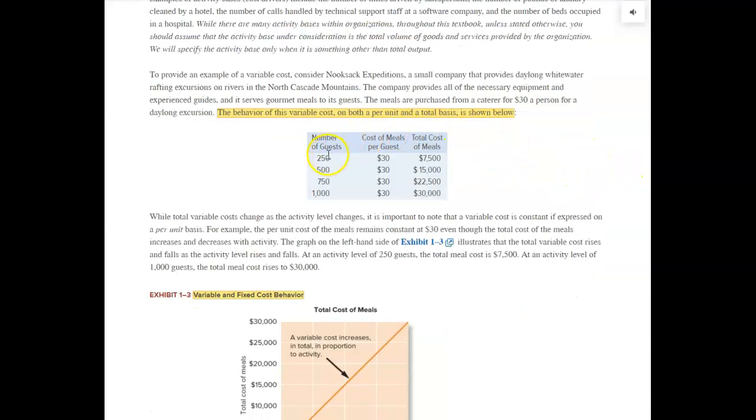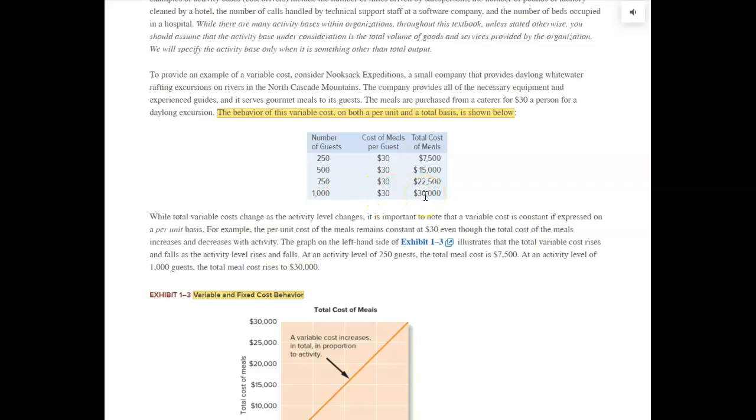Now, here's an example here. We have cost of meals per guest. We have an expedition company, and they provide gourmet meals to its guests. So if they have 250 guests, and the meal cost is $30 per guest, multiply, and total meal cost will be $7,500. If you have, let's say, 1,000 guests at $30 per meal per guest, multiply, the cost will be